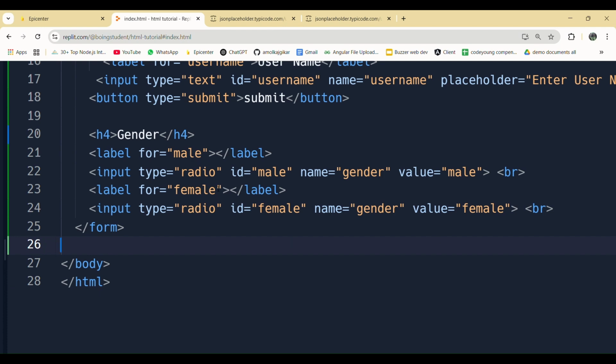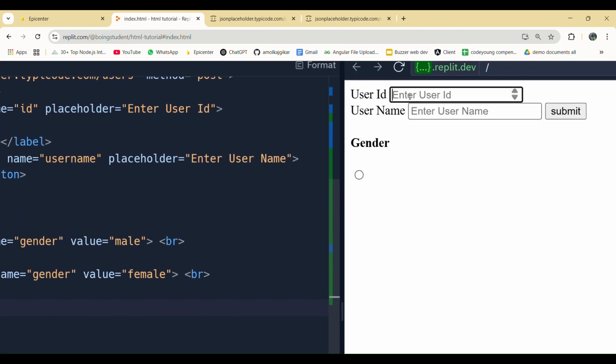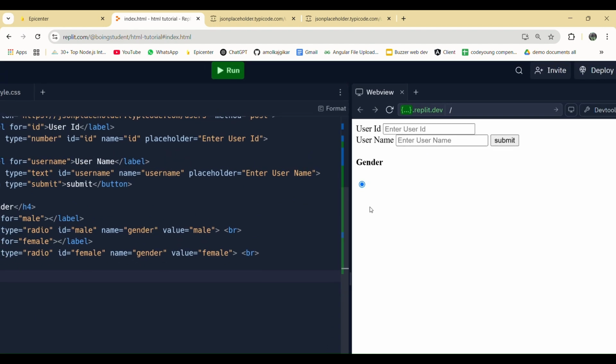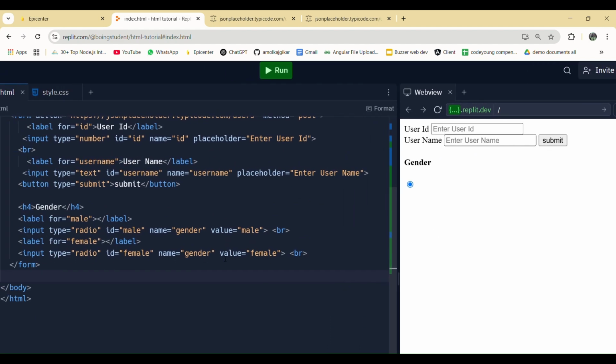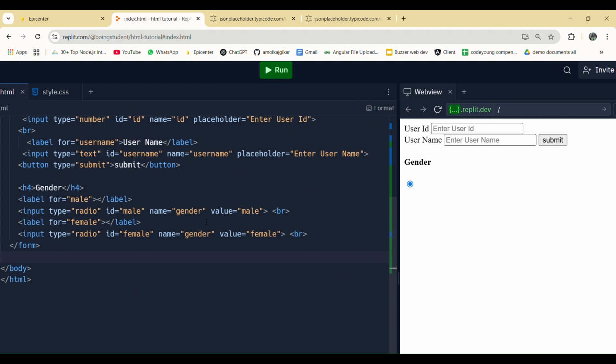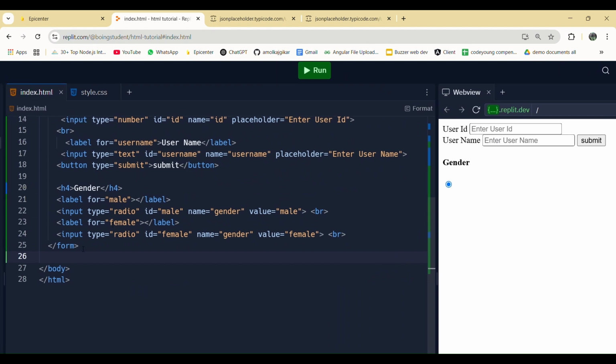Why? Because when we have normal inputs, we can actually write values over here, but with radios we are just clicking on this button and making it active. As we are making it active, the value should be present here, so that the computer actually knows, as you are clicking on the first input or the second input, what values they have, right? It's time we run them. Let's see.